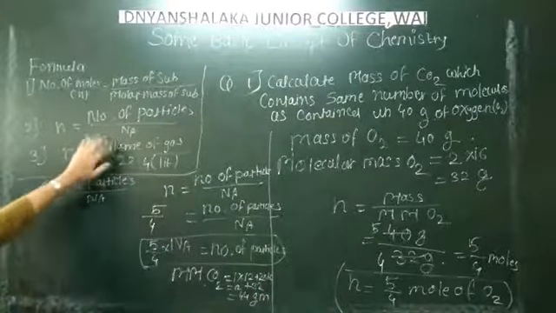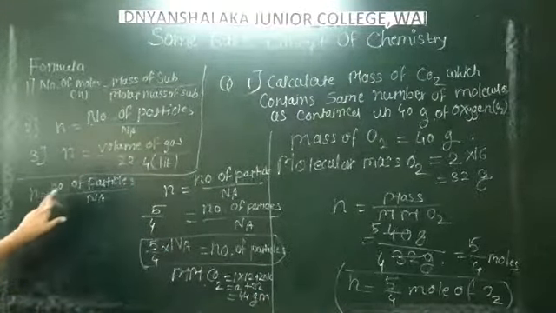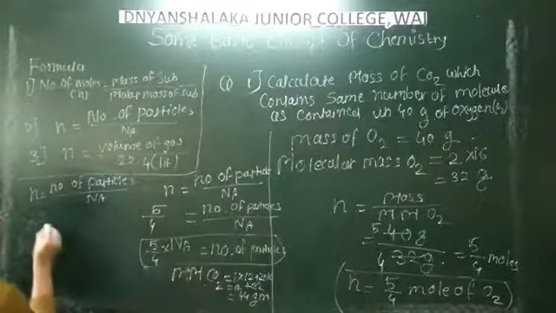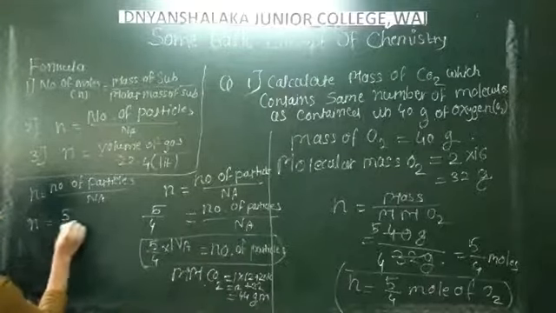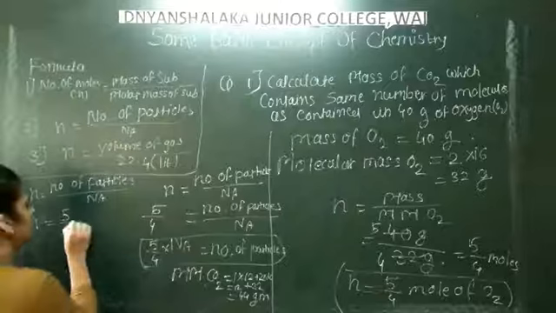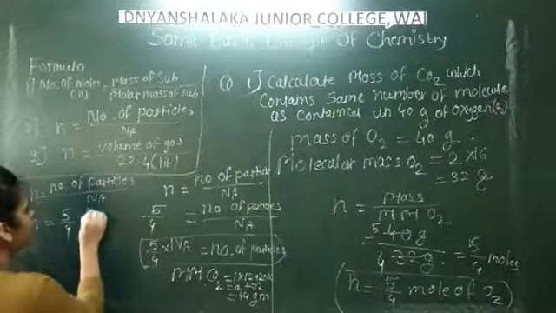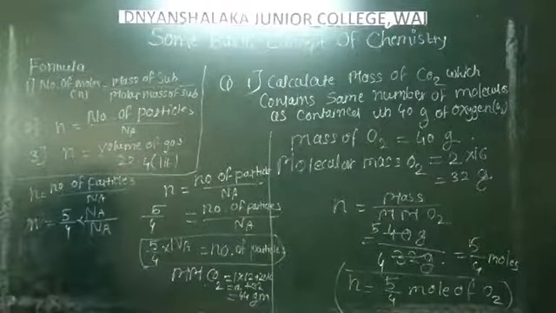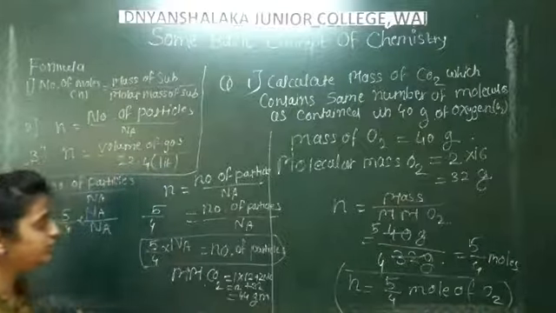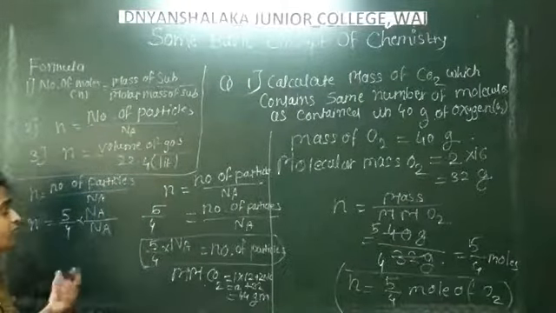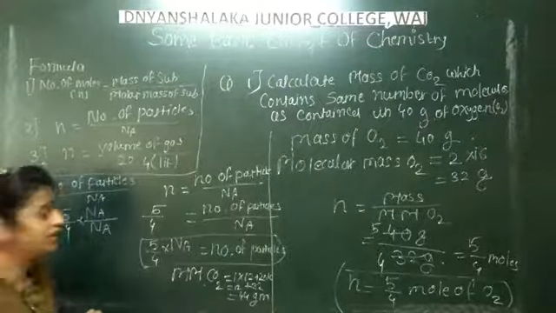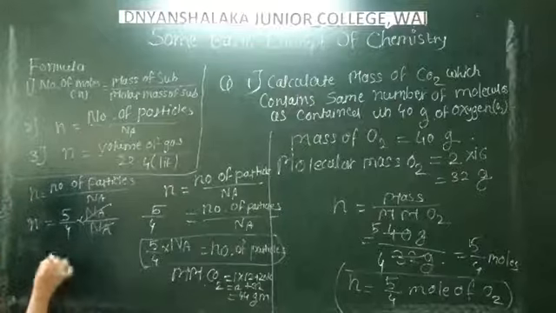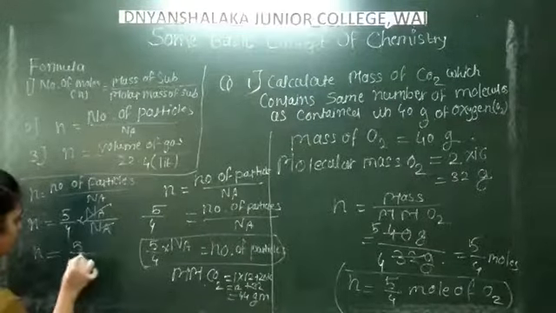So we use again the second formula: n equals number of particles upon Na. The number of particles is 5 upon 4 into Na, divided by Na, and Na equals the value in 1 amu, as we studied in the last lecture. So Na cancels out, and we get n is 5 upon 4 moles of